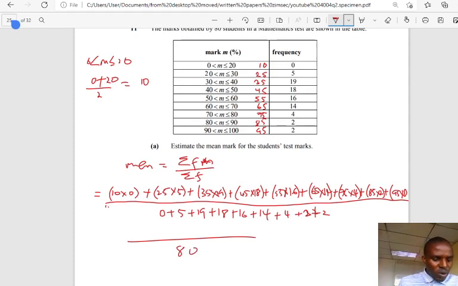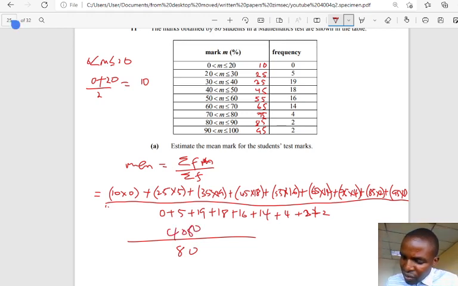10 times 0 is 0, then 25 times 5 plus 35 times 19 plus 45 times 18 plus 55 times 16 plus 65 times 14 plus 75 times 4 plus 85 times 2 plus 95 times 2. You get 4050